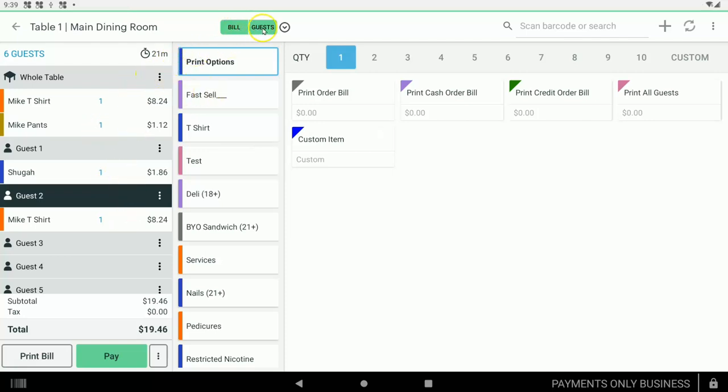At the top, you'll see a button that says Bill and Guess and a drop down. This button you can move if you tap on it and hold it down, and then you can slowly move it. Once you place it where you want it, if you tap the bill side, you're going to get a